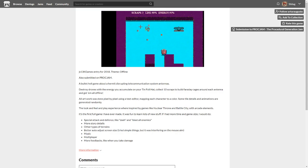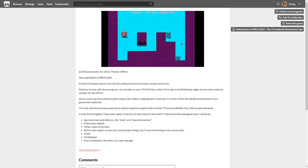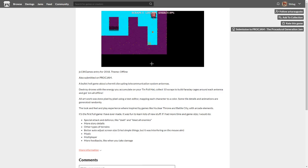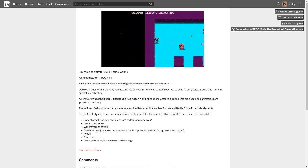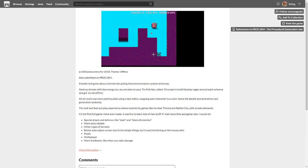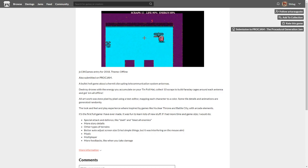Apparently, I took a hit. I didn't notice. Just 2 more scraps. Yeah, I kind of dislike this aiming. It almost makes me nauseous. It's hard to actually see where you're aiming, even though it's nice that...